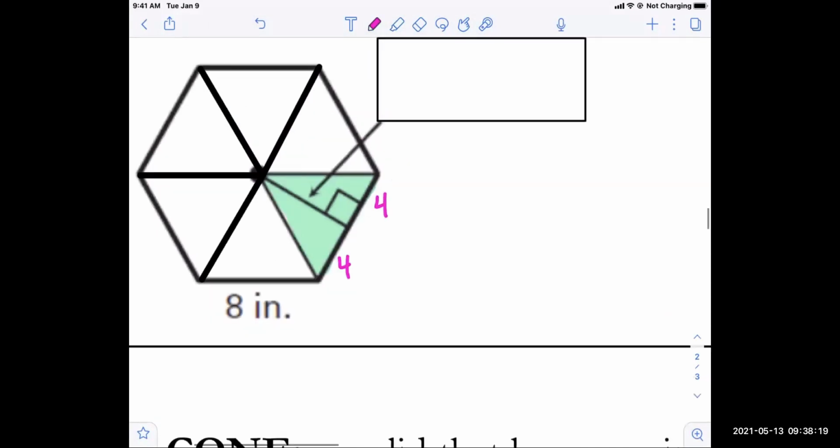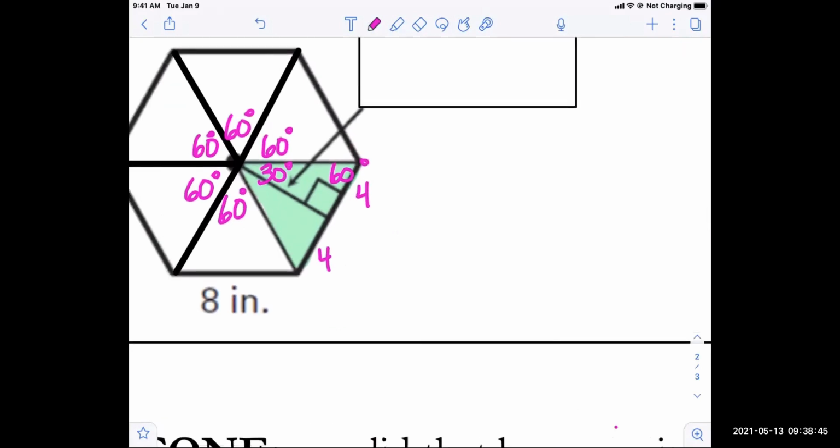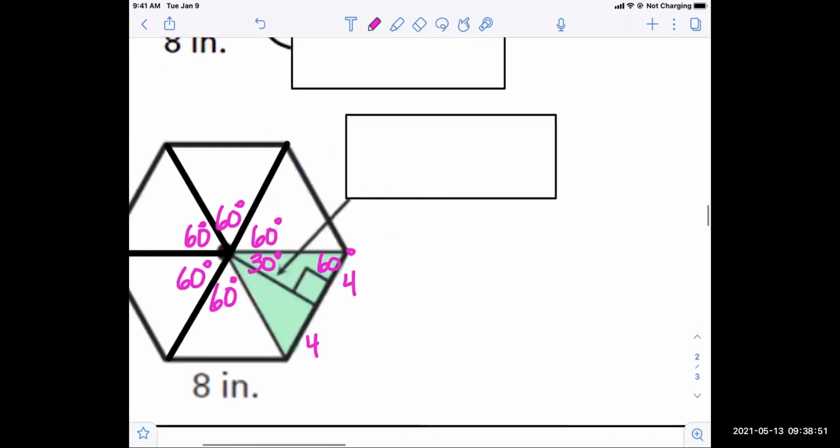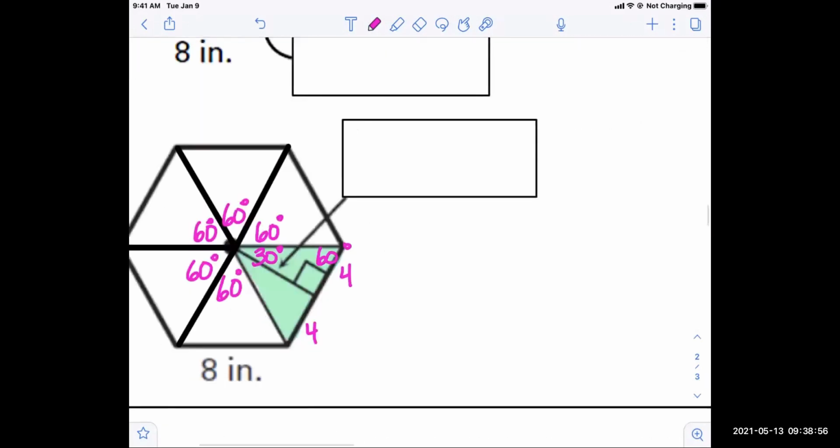Okay, so remember that these are regular triangles. All of these are 60 degrees. These central angles are 60. That means when you draw in the altitude there, it's going to cut that into a 30-60-90 triangle. In a hexagon, they're always 30-60-90s. Do you remember how to get the long leg from the short leg? 4 radical 3. Okay, so that length is going to be 4 root 3